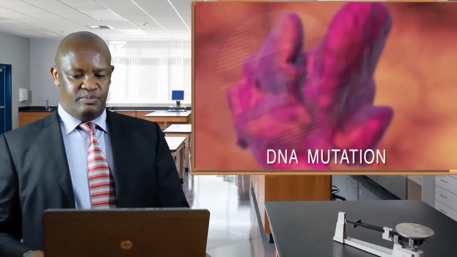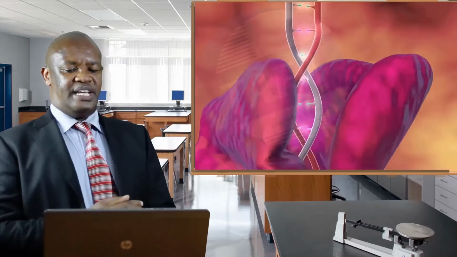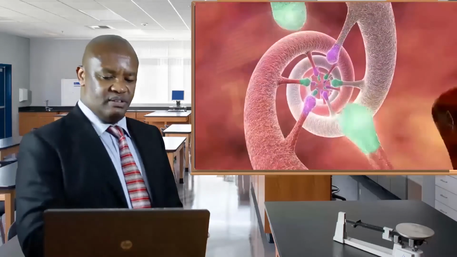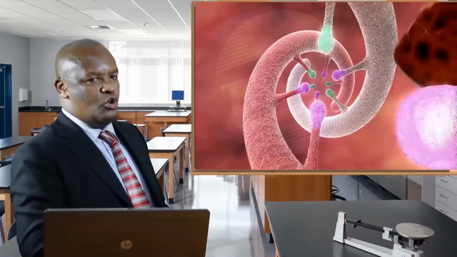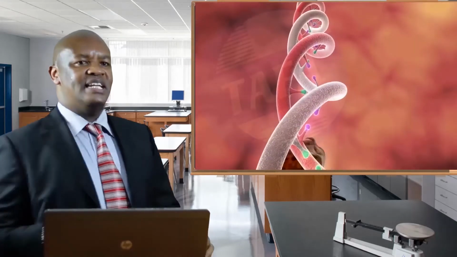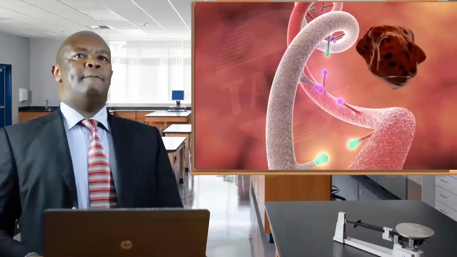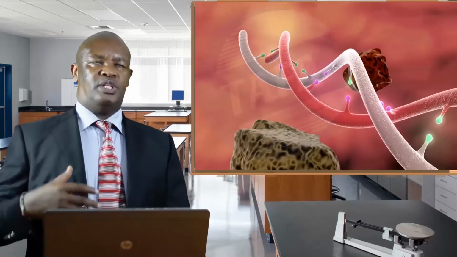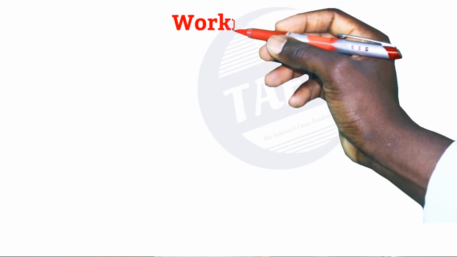Gene mutation is a change in the sequence of nucleotides in a segment of DNA. Remember, we know what a DNA is. We have already discussed it. So you know that a DNA is a molecule which is composed of the various genes that determine